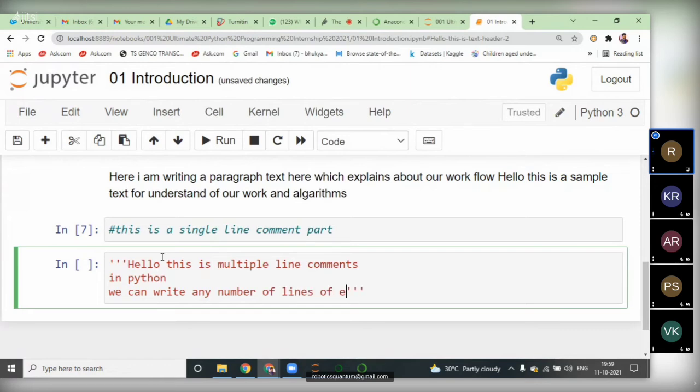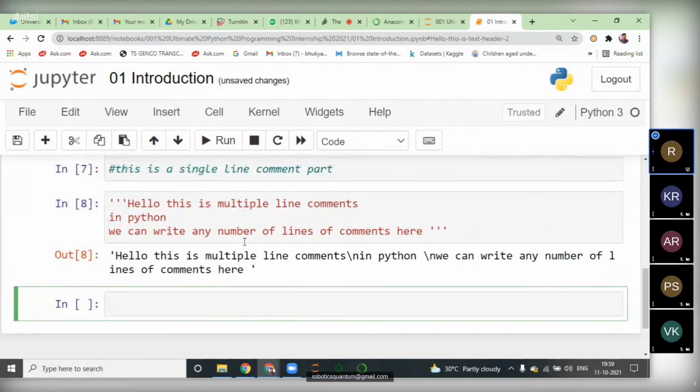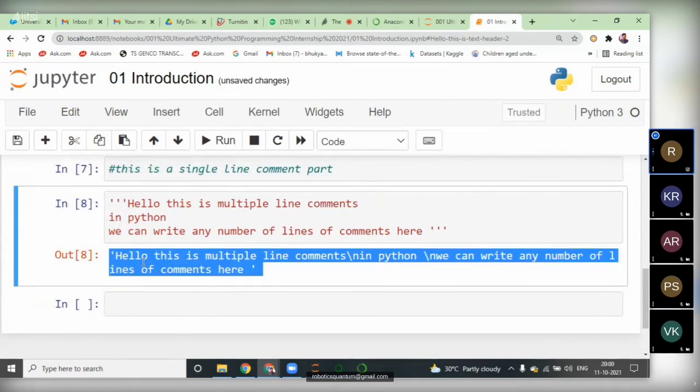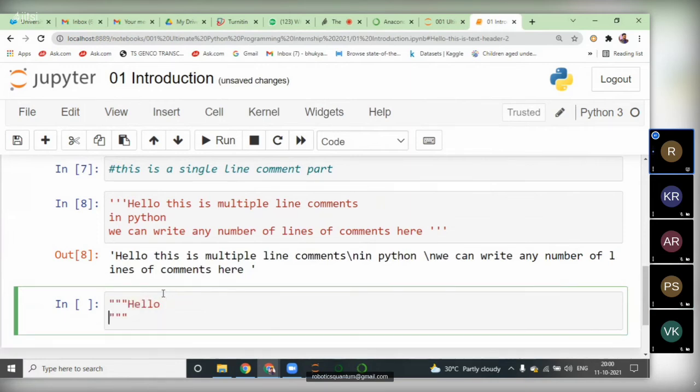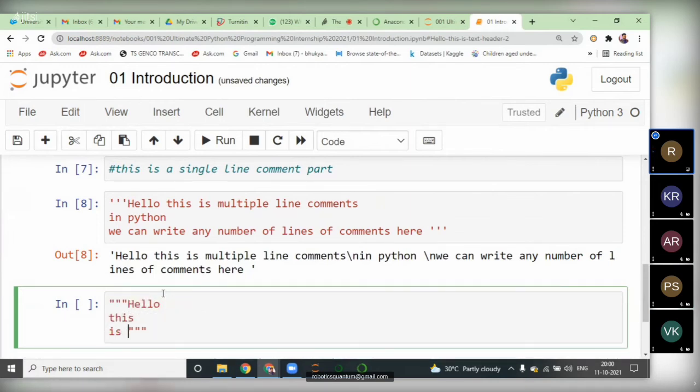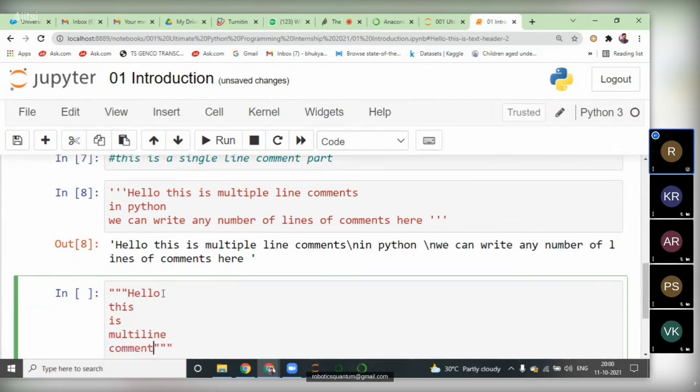Let's run it. See, whatever text we gave, it's completely shown as comment lines. Triple double quotes can also be used to write multi-line comments. So hello, this is multi-line comments.